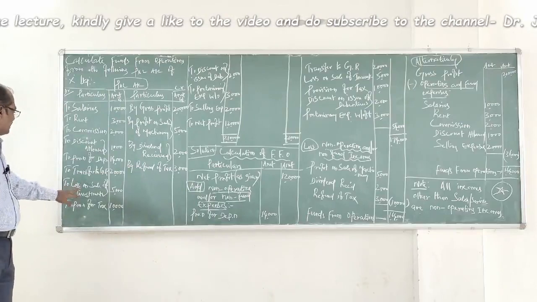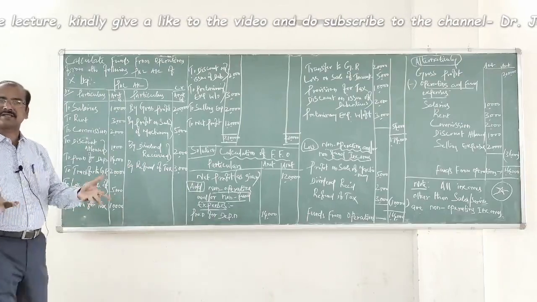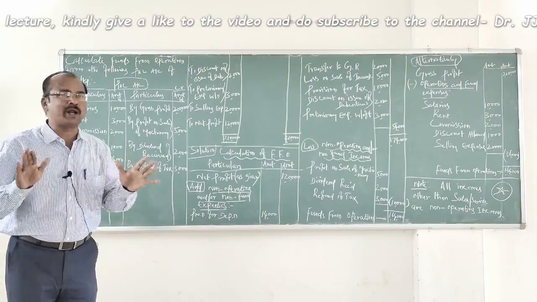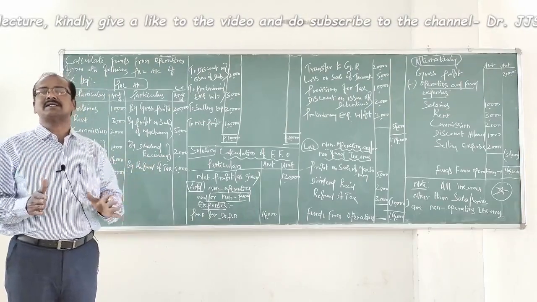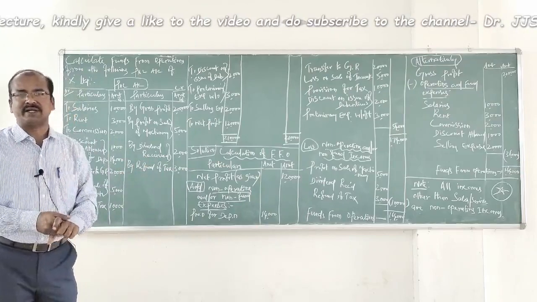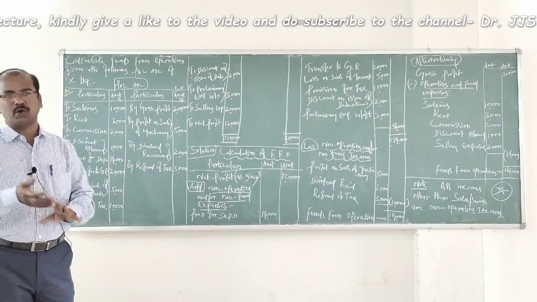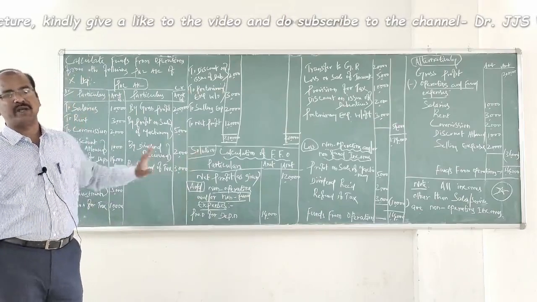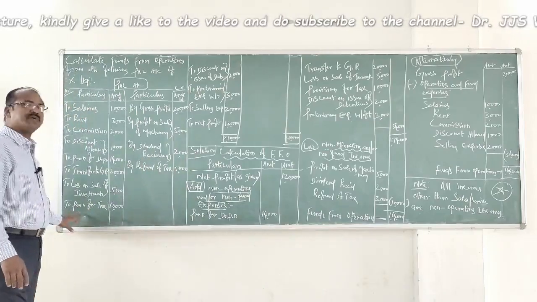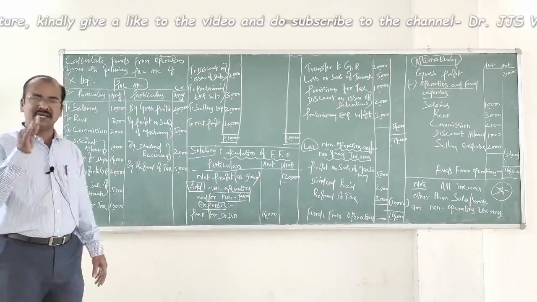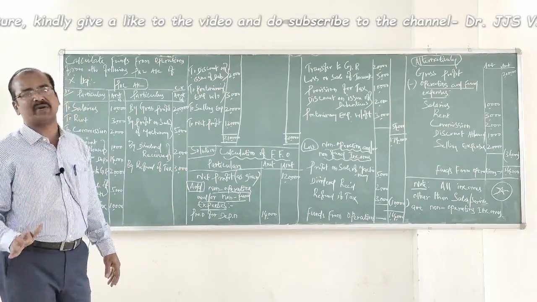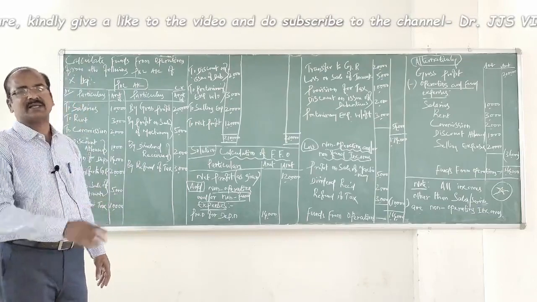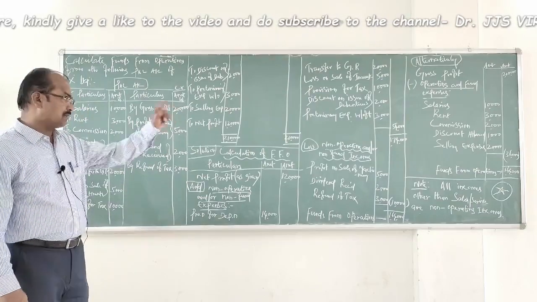The next one is what? Loss on sale of investment. Yes, buying and selling investments is not the core activity of the business. This is a non-operating activity through which they have incurred a loss. So this is a non-operating loss, and therefore it has to be added. And the next one, provision for tax. Any provision, any reserve created is a non-operating and non-fund activity as well. So this item has to be added back.